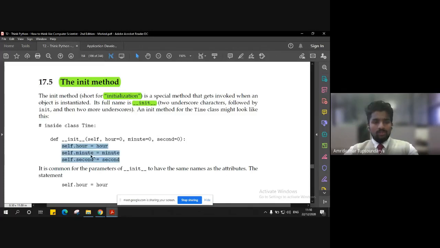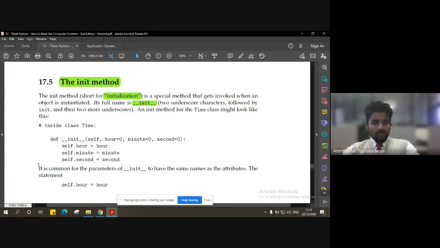This is a simple initialization, where we are giving initial values to these three arguments: hour, minute, and second. Whenever this init method is called, whatever the current values of hour, minute, and second are, they will be reset or overwritten by these values, that is 0, 0, 0. So this is nothing but a resetting of the time.